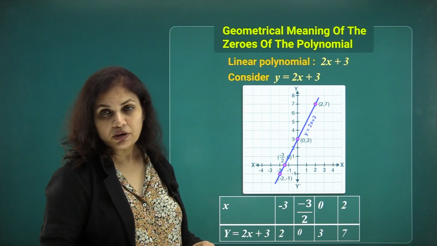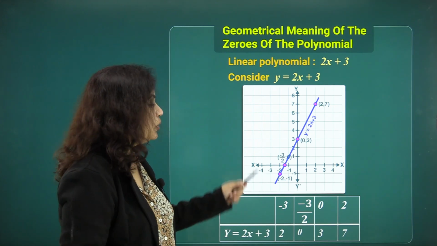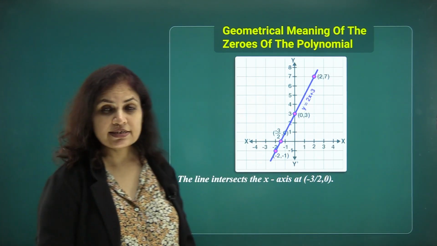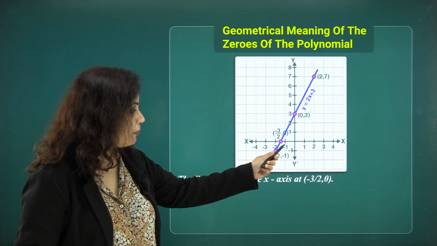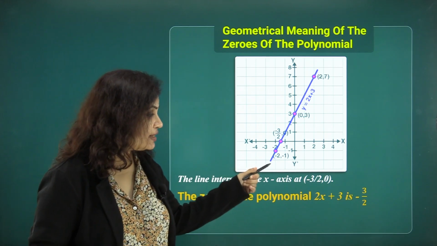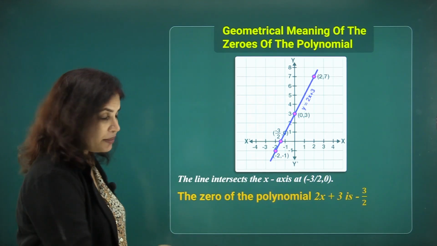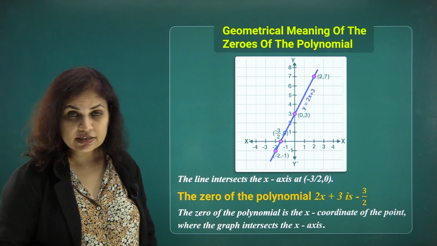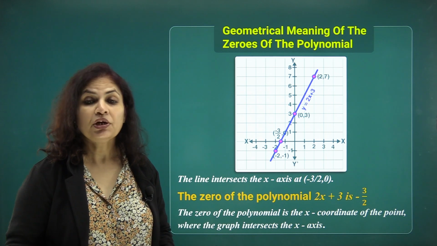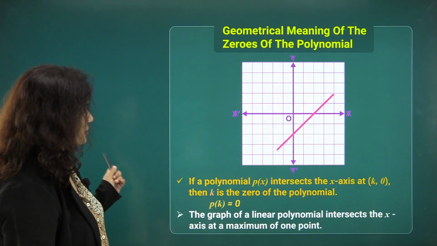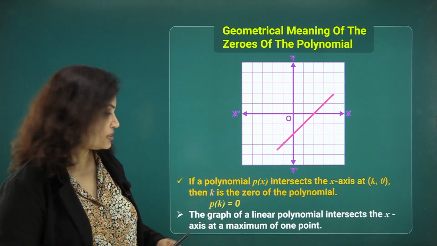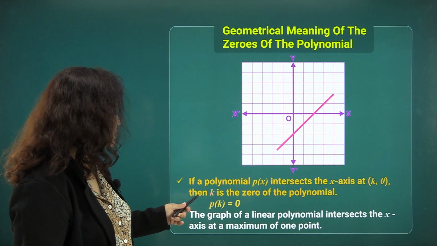So, the 0 of any polynomial graphically is that point where the curve or the line intersects the x-axis. The line intersects the x-axis at minus 3 upon 2 comma 0, and the 0 of the polynomial is hence x equal to minus 3 upon 2, the point on the x-axis. So, geometrically the 0 of the polynomial is the x coordinate of the point where the graph intersects the x-axis. If the polynomial p(x) intersects the x-axis at k comma 0, any point k, then this k is the 0